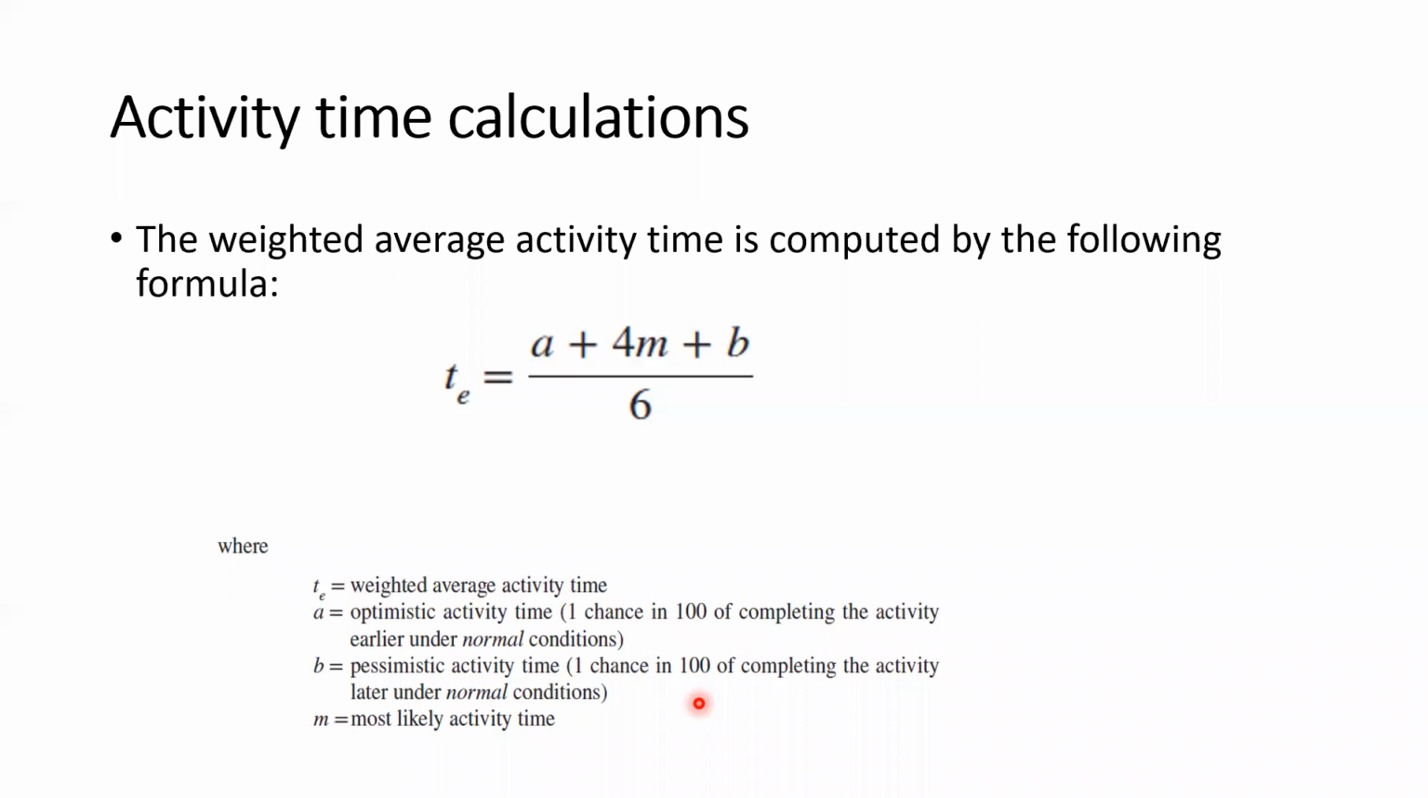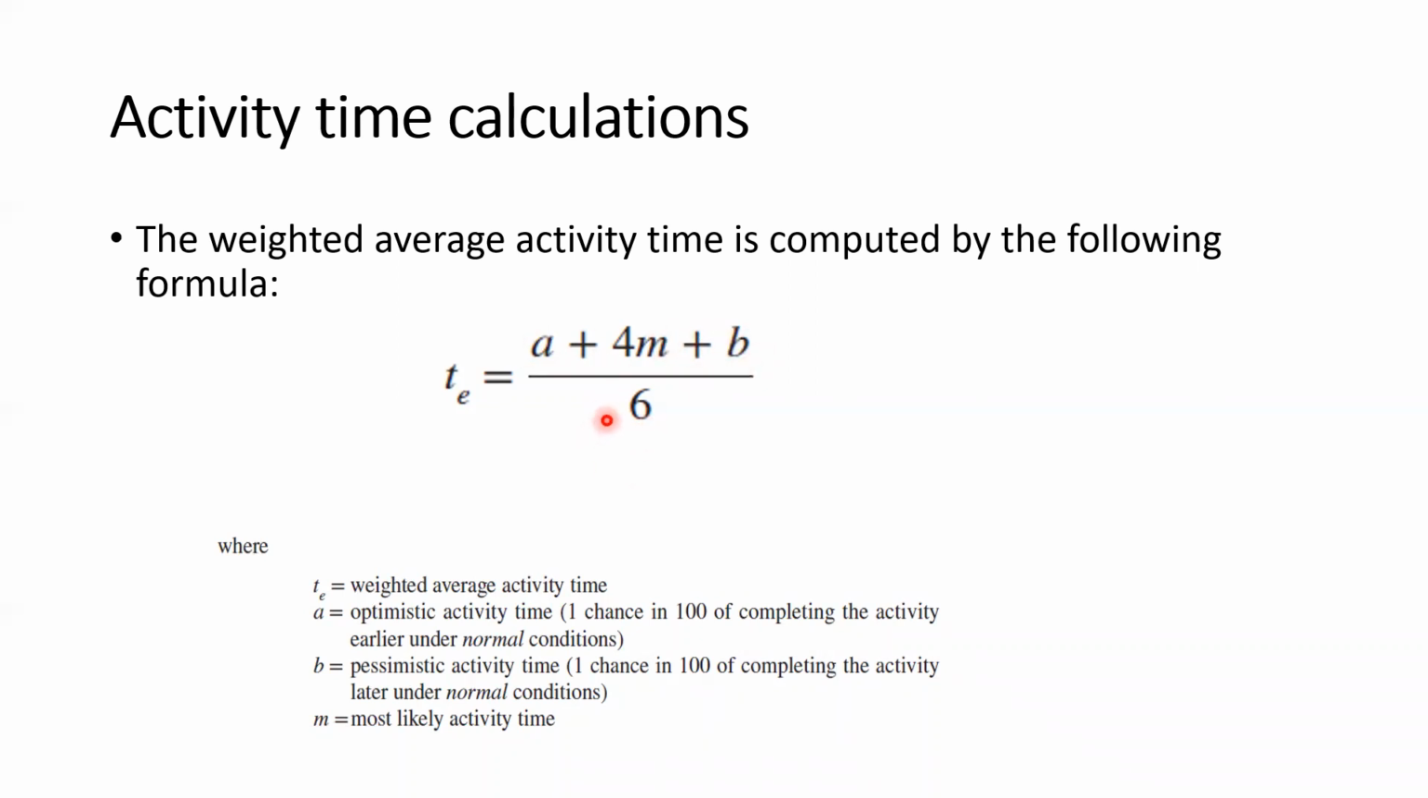So what is the meaning of optimistic? We are expecting that all things will happen in a good way. But the pessimistic people are always thinking that all the things will go wrong and there might be some wrongs or failures that will happen. Due to that, the time taken to complete one particular activity will be longer. Right, so you have to take this A plus 4M plus B